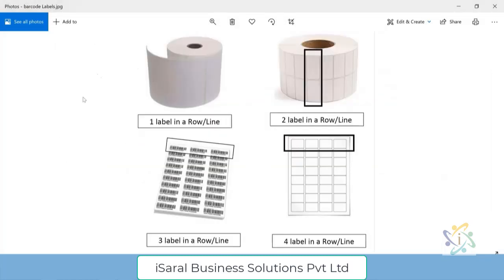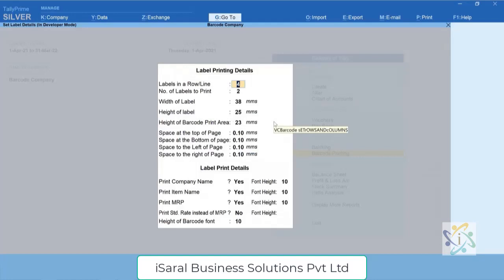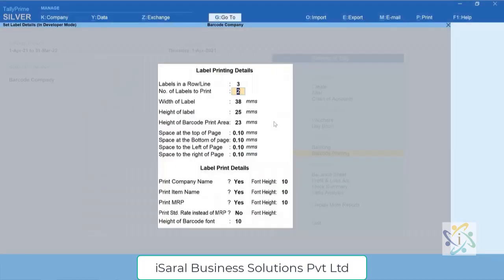By seeing this picture, you will understand, like 1 label, 2 label, 3 label, 4 label. So whichever sticker you are using, accordingly you can mention here how many labels there are in a row. So here I mentioned 3.